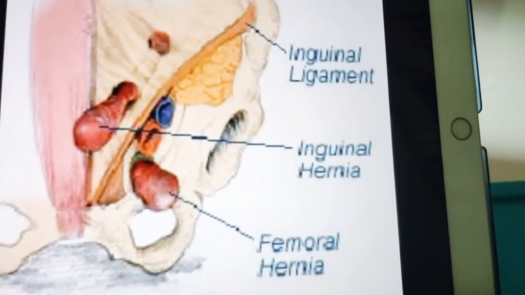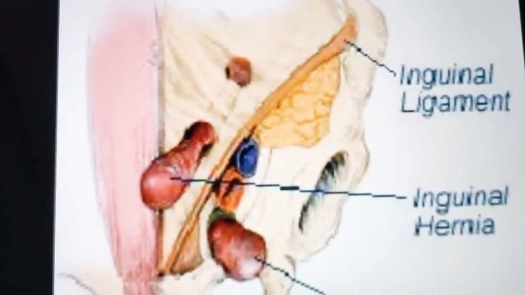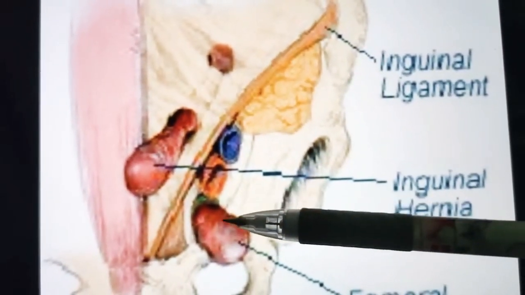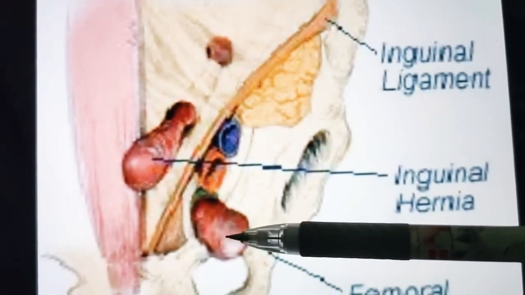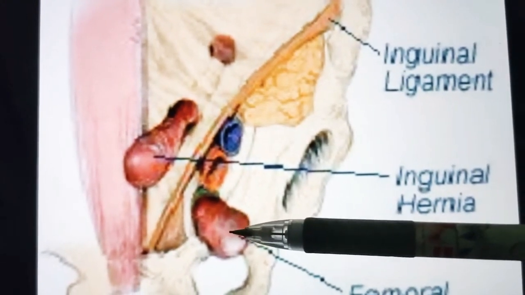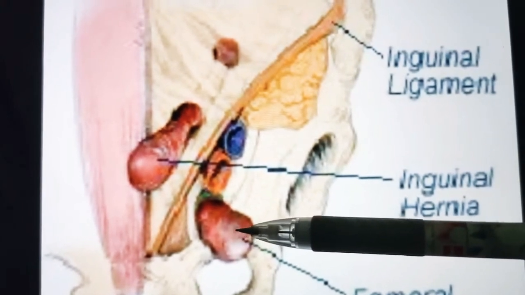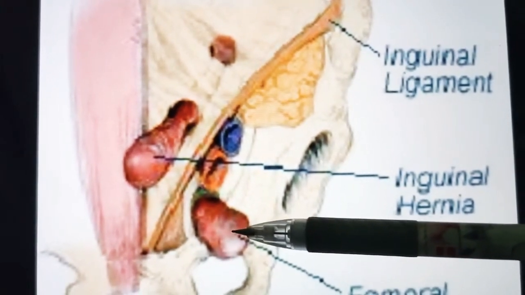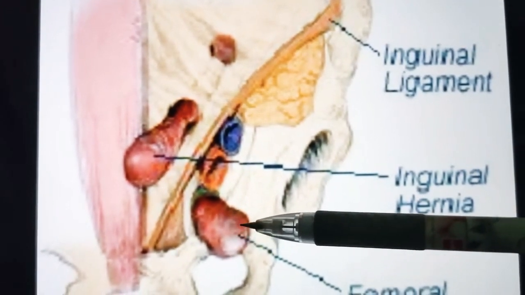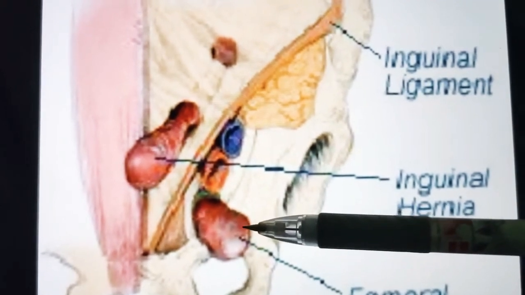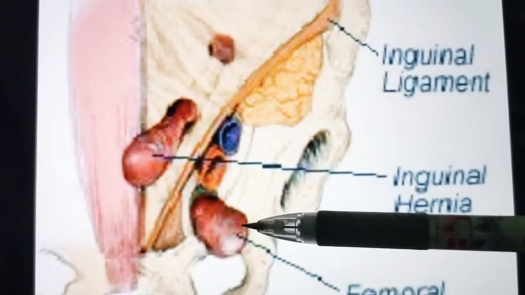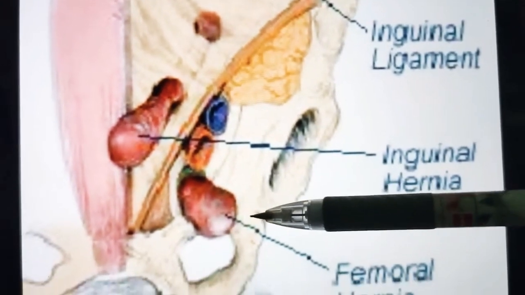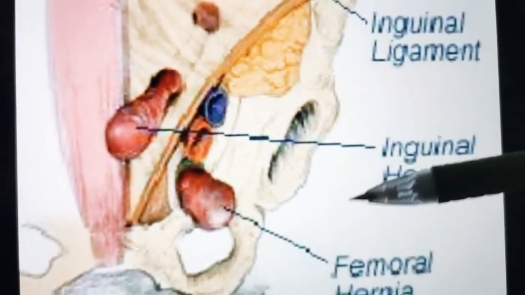So this is our discussion today. The femoral canal is an area of potential weakness in the abdominal wall through which abdominal contents may bulge out and form a femoral hernia. This is more common in females because the femoral canal is wider in females when compared with males, and this is also associated with the wider pelvis in females and the smaller size of femoral vessels in females. So it's very easy to remember: female, femoral hernia, femoral, female.